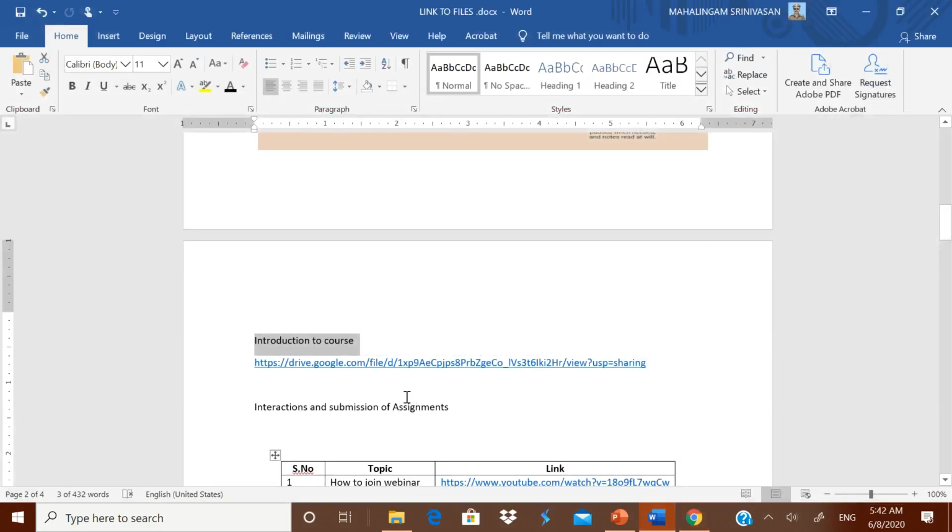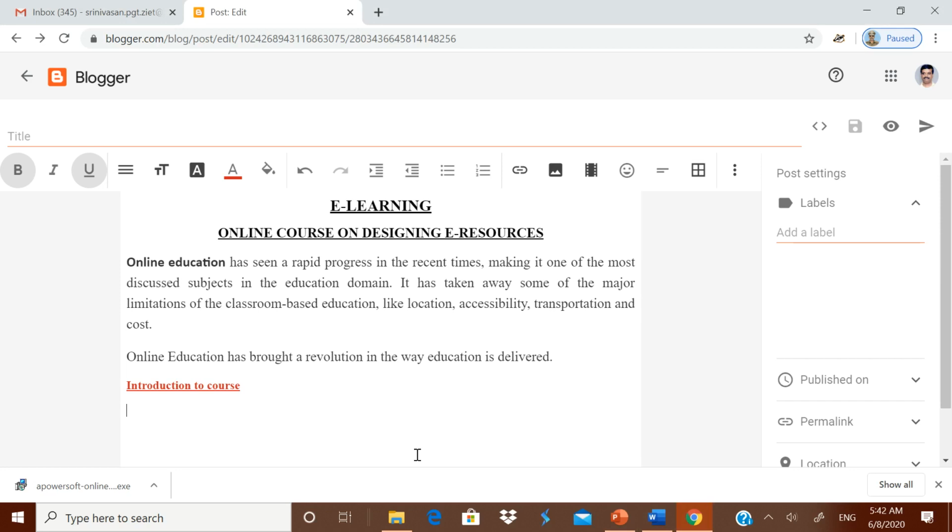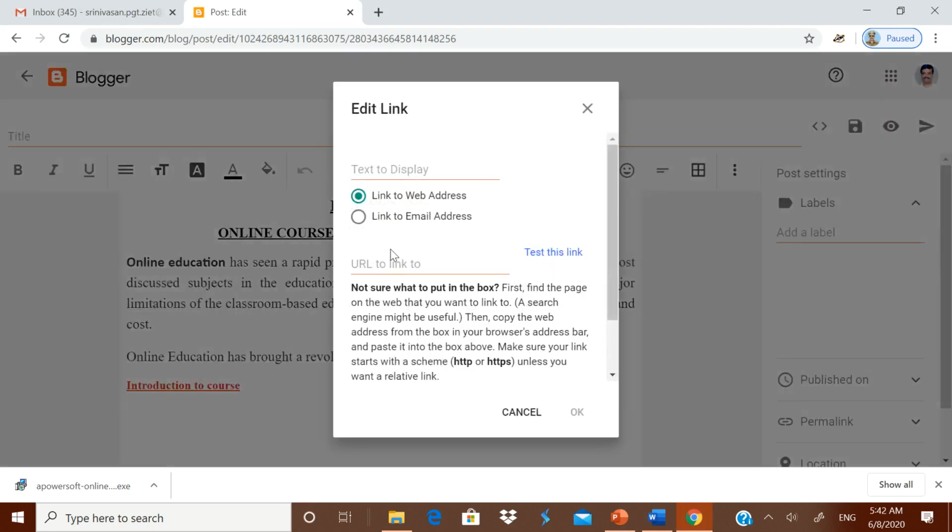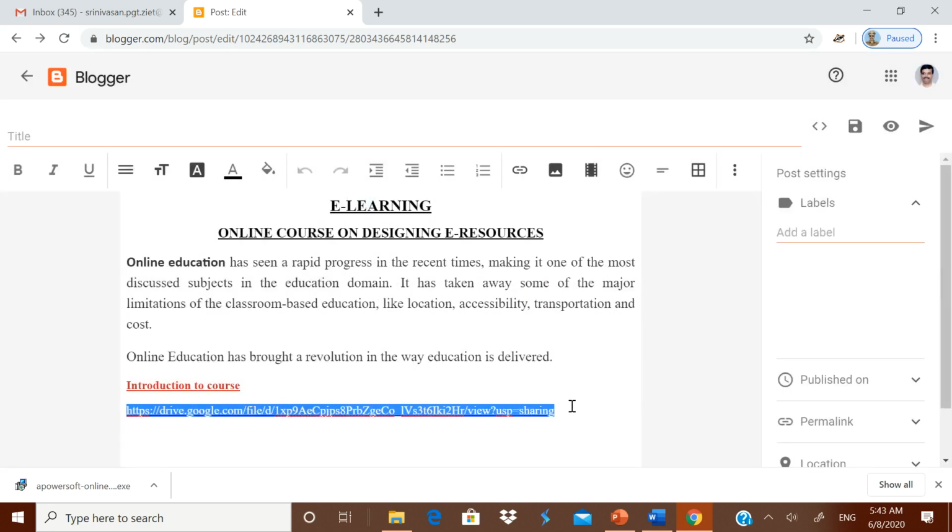One thing you should be very careful about. Now I am going to give the link so that anybody having the link can click and see this file. But be careful, don't copy the link as it is. Now it will not open in the blog. What you have to do, go to this link, create, then link with web address. Now you paste it over there and then okay. Now the link will work over here. Is it okay now? Okay.